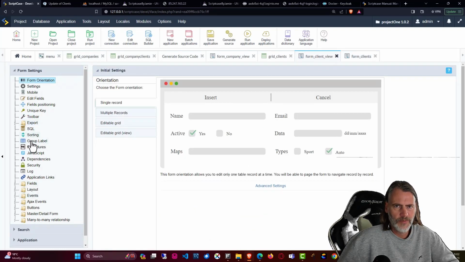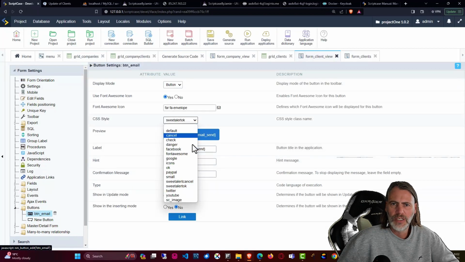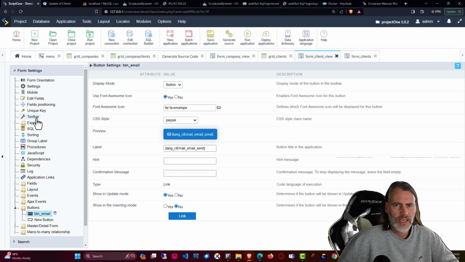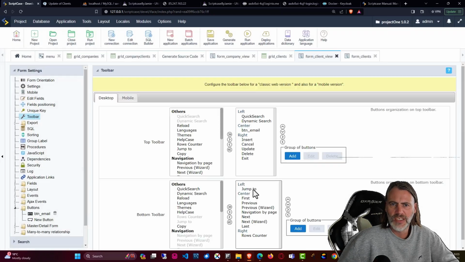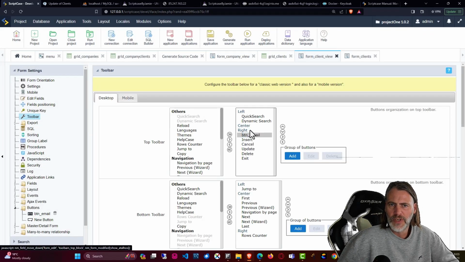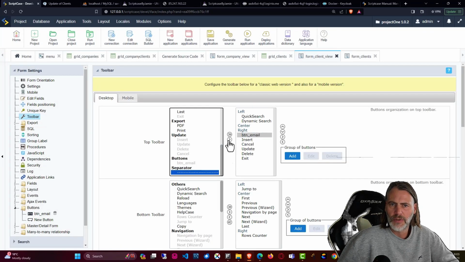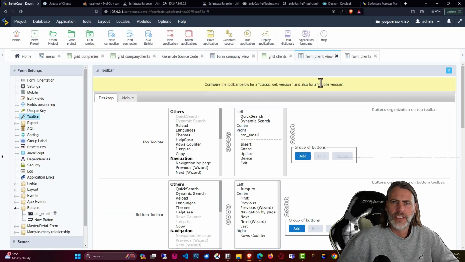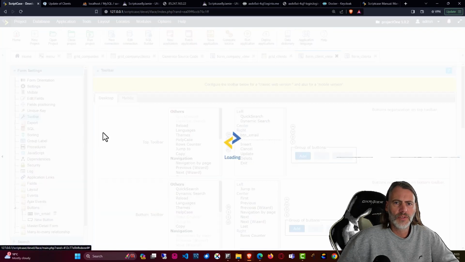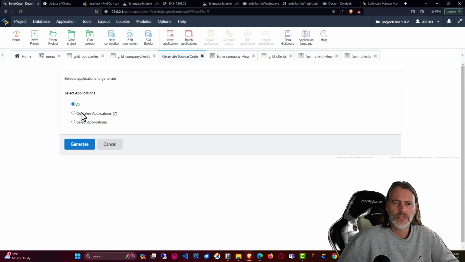So for our client view, I'll do the same here, come back to buttons, button email, change that here to PayPal, and then come here to the toolbar, saving along the way, and move that over to the right and also add there a line. Okay, so both of those forms are a little nicer now,